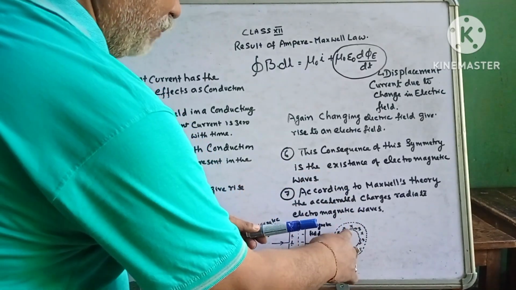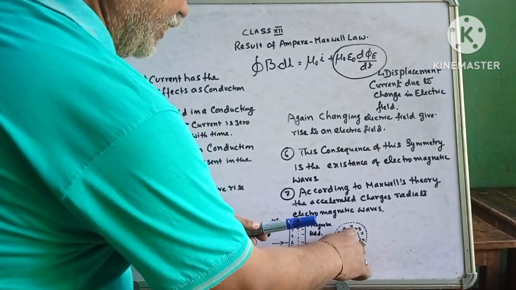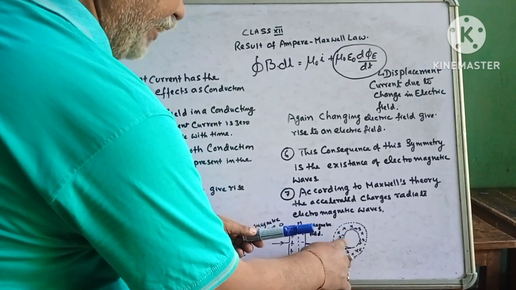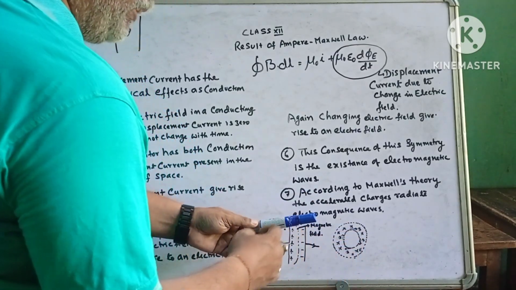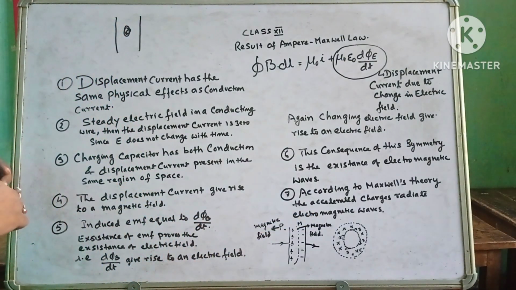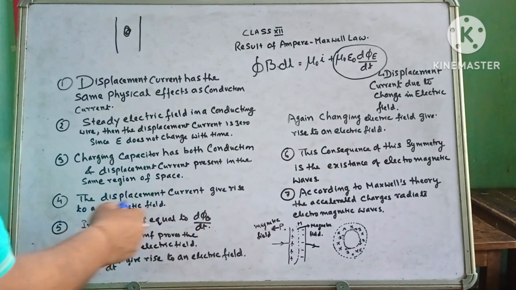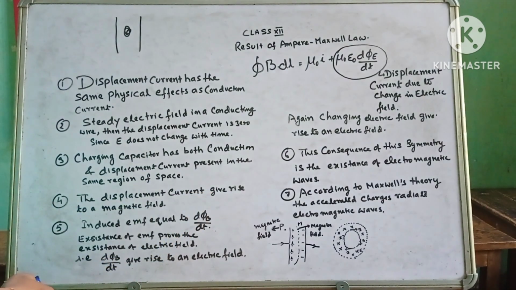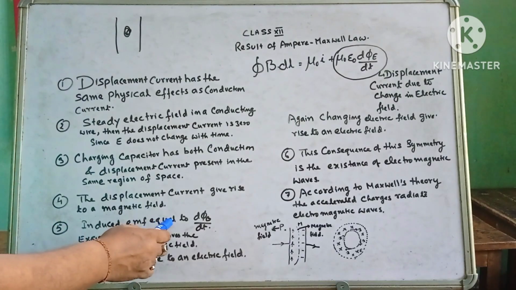This around this is the magnetic field, and the direction is given by the tangents. At any point the direction is given by the tangents. So here you see that the displacement current gives rise to a magnetic field, and the fifth point is that induced EMF is equal to